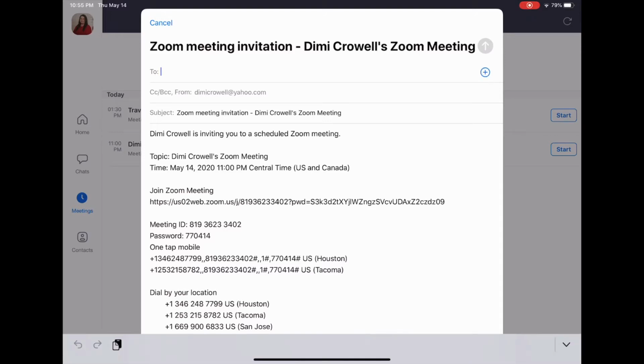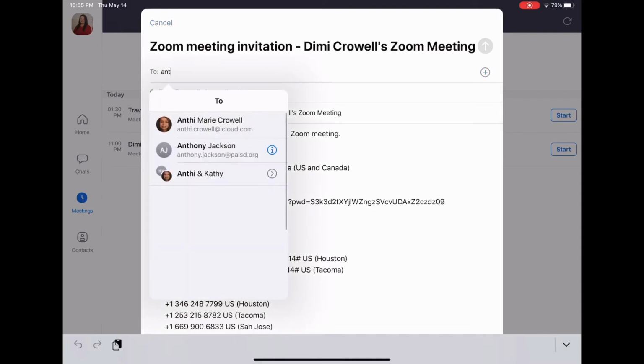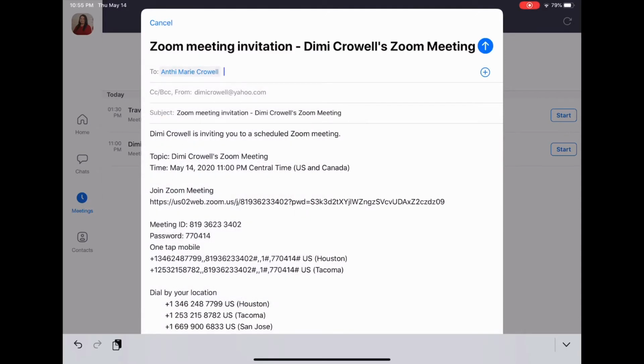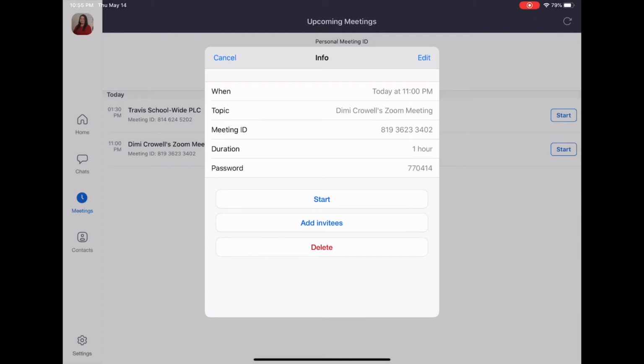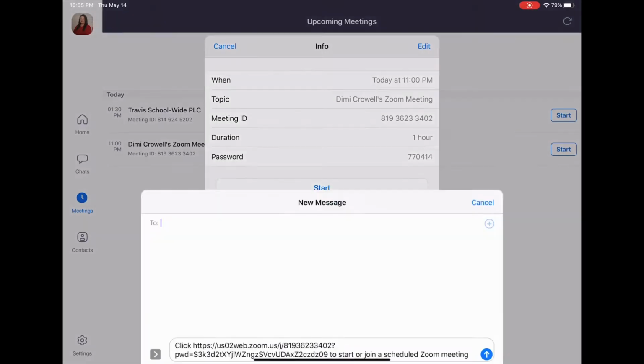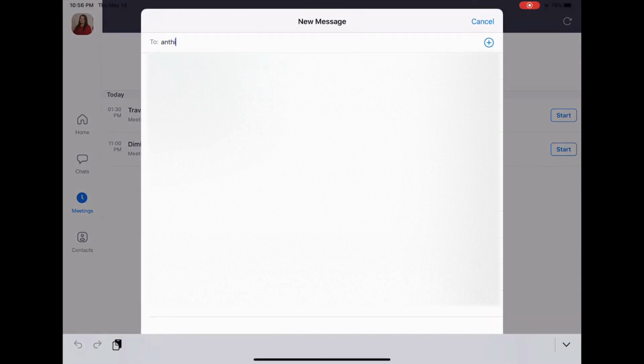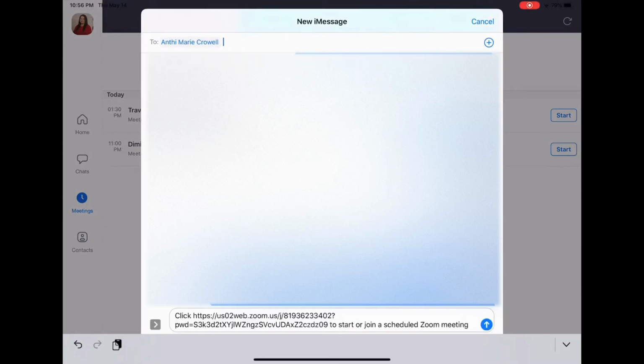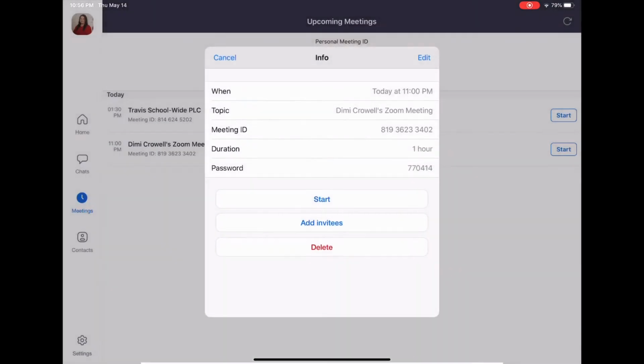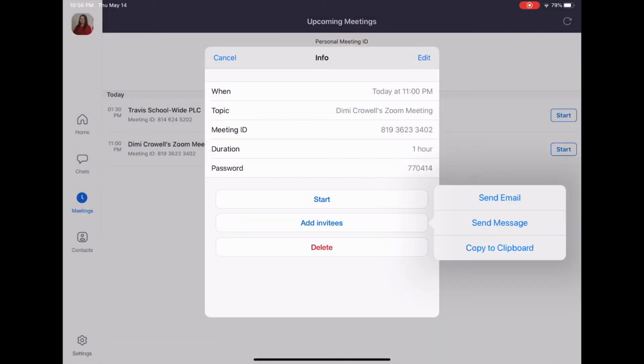and a menu may pop up with your email. I'm going to send this to my daughter because I want her to join us in just a second. But you can put in as many email addresses as you want to send to your parents and then send it off. Or you can send a message by text. So let's say I want to send this again to my daughter. Send it. Or you can copy to clipboard and then paste the link to any other communication that you may have with